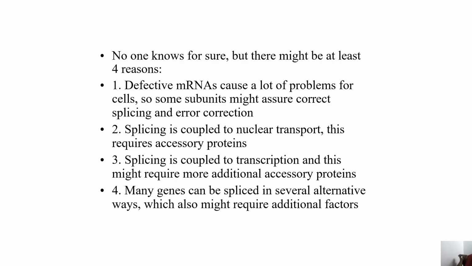No one knows for sure, but there might be at least 4 reasons. Defective mRNA causes a lot of proteins to the cell, so the subunits might assure splicing. Splicing is coupled to nuclear transport. This requires additional proteins in splicing. Heat is coupled to transcription, and this might require more additional access of proteins. Many genes are replaced in several ways, and it also might mean additional